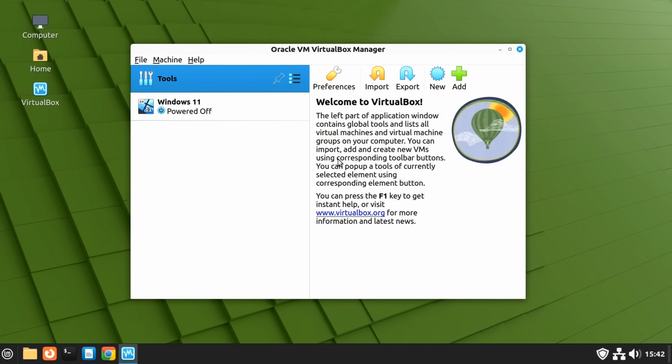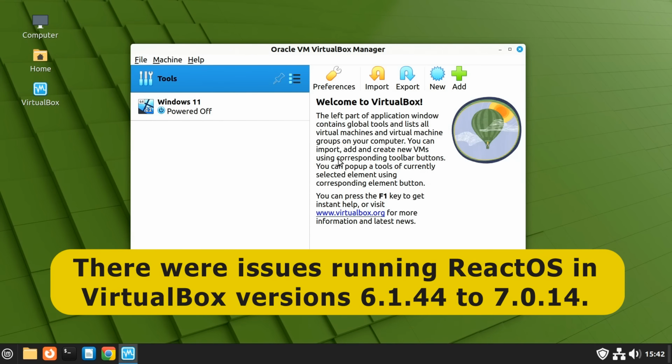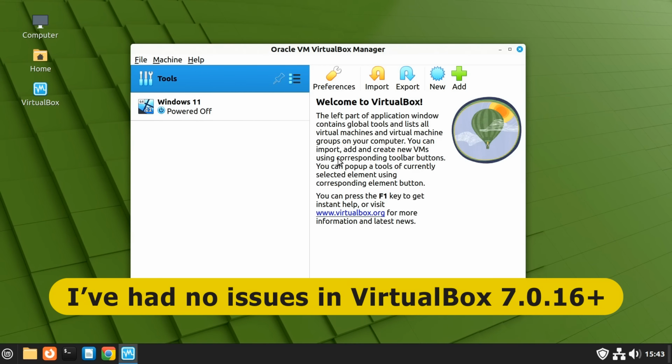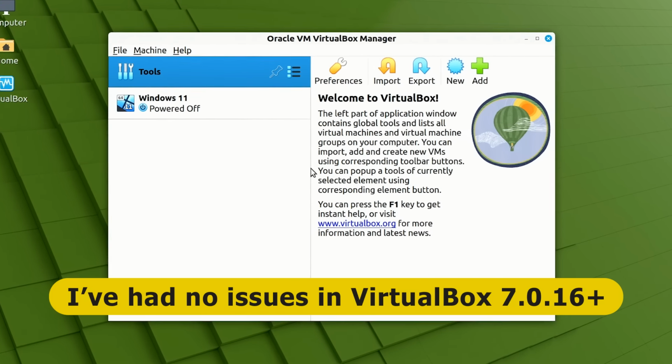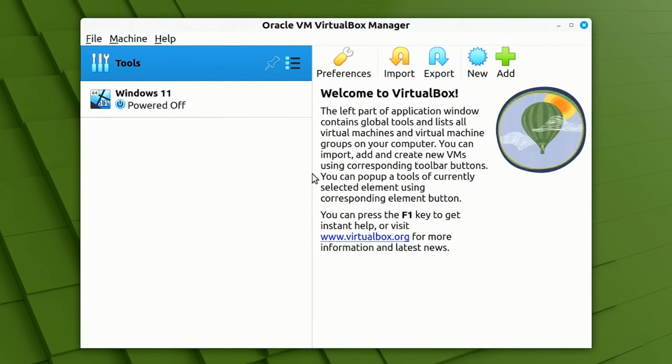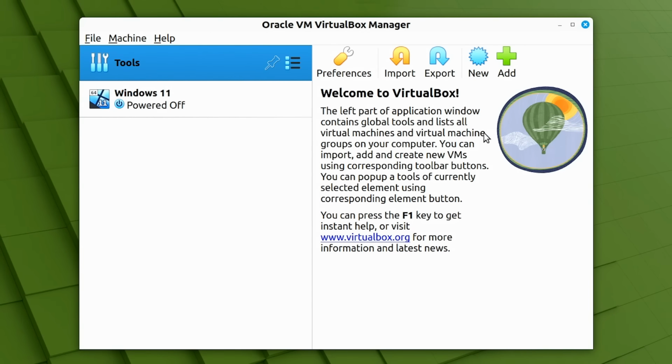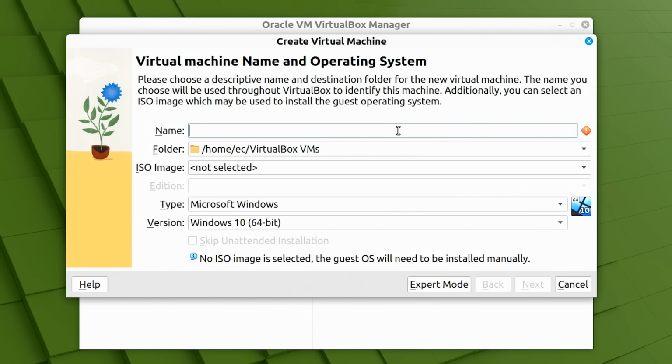Before we begin, it's worth noting that there were some issues running ReactOS in VirtualBox versions 6.1.44 to 7.0.14. But these problems now seem to have been sorted, and I've not experienced any issues testing ReactOS using VirtualBox 7.0.16 and above. So let's create a new virtual machine, and we'll call it